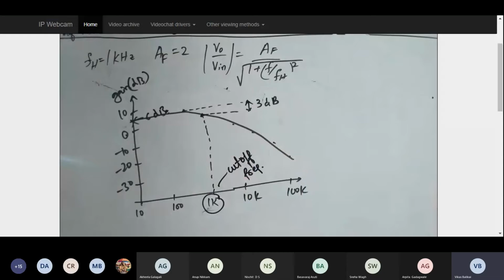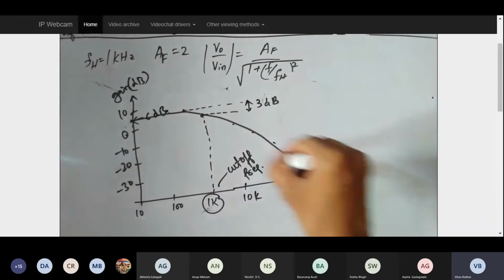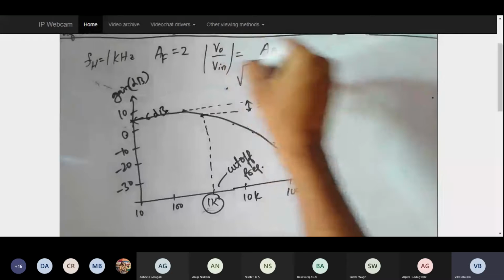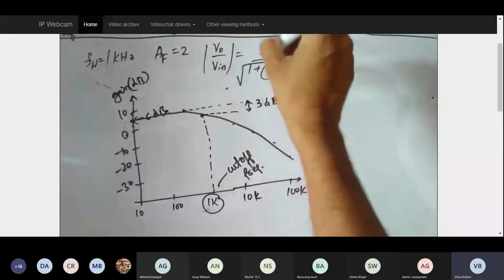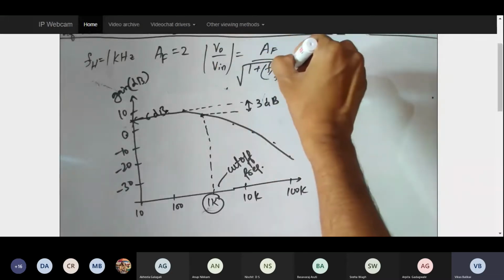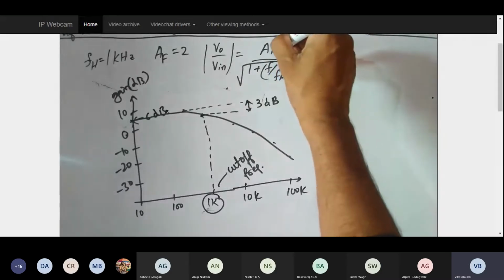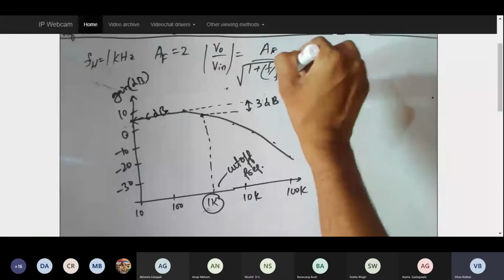Till the cutoff frequency, you will have almost a straight graph. In the sense, the gain is constant. At the cutoff frequency, or for frequencies more than the cutoff frequency, the gain starts decreasing. This is how one can plot the graphs using this simple equation. So you need to remember this equation, and the known parameters and unknown parameters I should know. This is nothing but my passband gain, which will be given. FH will be given most of the times.